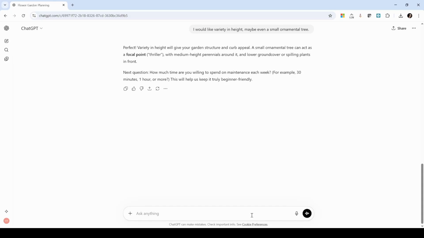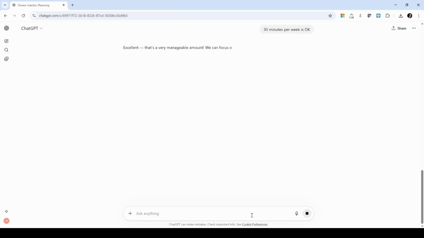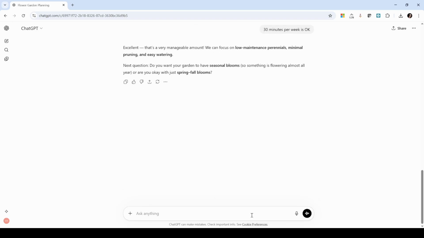And then it's asking about maintenance. How much maintenance am I willing to spend in this garden? Do I want it very minimal? Am I okay with a little bit of maintenance? Usually what they think about of maintenance is like pruning time, just taking care of the plants that it's going to be suggesting. I just said half an hour a week is okay. So now we know they'll focus on low maintenance perennials, minimal pruning, easy watering,